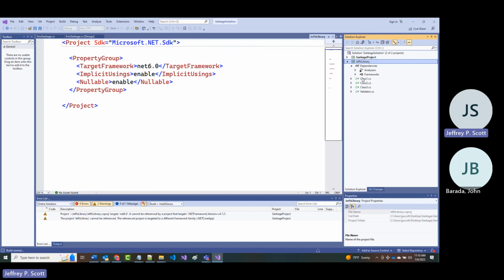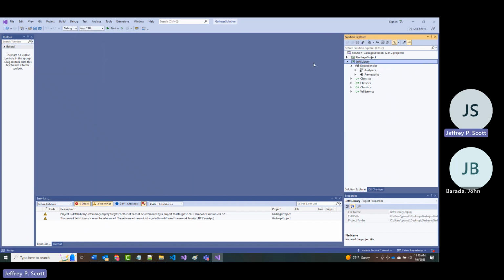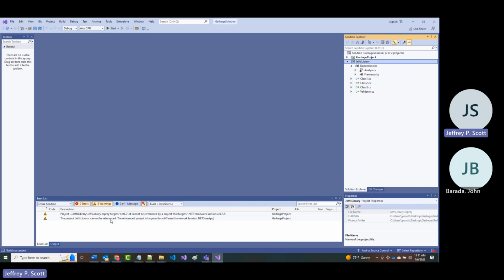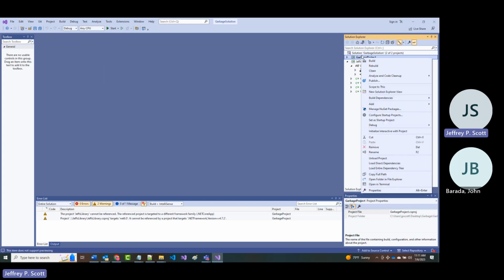Okay, I'm going to click build here under my library. Close all of this. All right, so I just right mouse clicked on it and I chose build. And hopefully it's built something for me. Now I'm going to go back to here to my garbage project, right mouse click, choose.